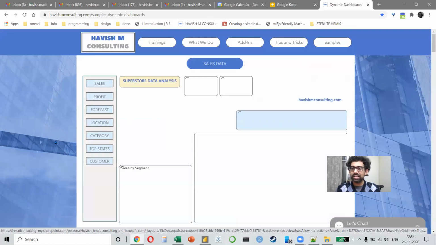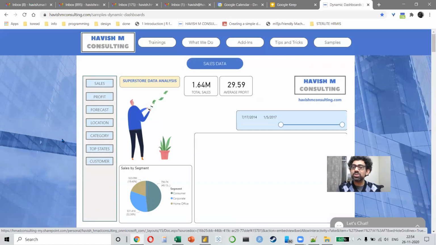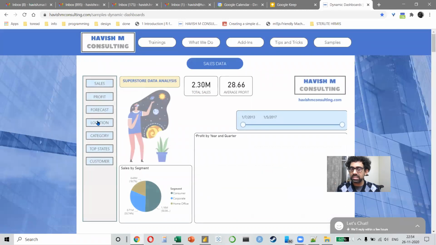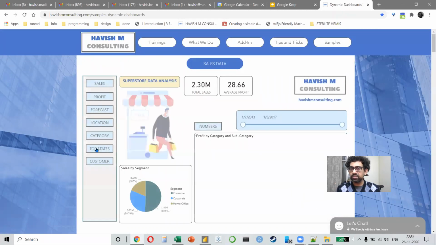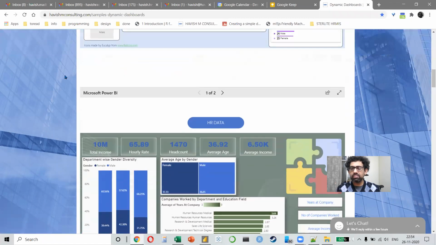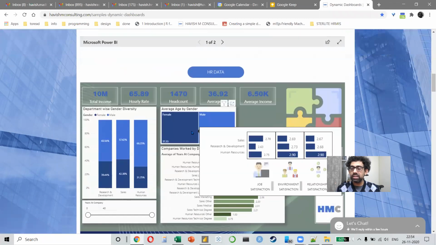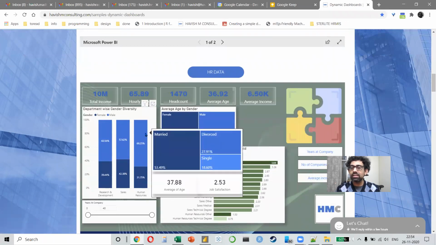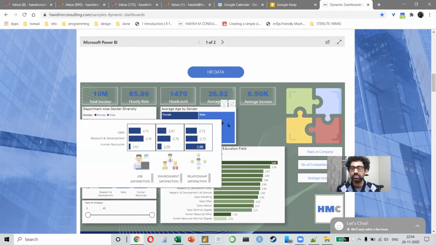This is a sales dashboard. In fact, this is the same data with which we are working. Remember 2.3 million, same number, right? Exactly the same data which we are working on right now. Do you see how nice a report I have made here? Then another HR dashboard. Look at the way I've used my tooltips now. This is so much more sophisticated and more detailed than the ones we used earlier. So this is the designing side of it.